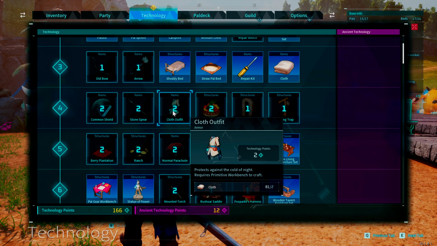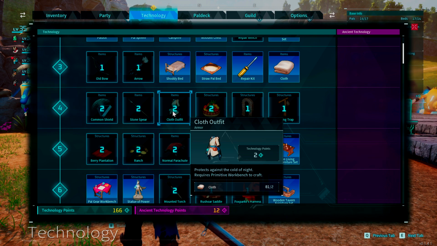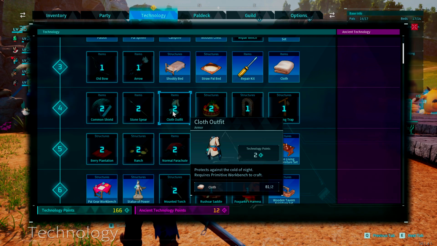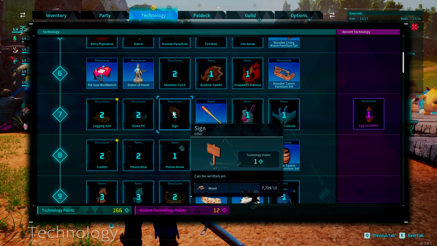And obviously, to make this, first of all, you need to be level 4. You need 2 technology points, and it only takes 2 cloth to make that. So this is a very beginner tier thing. And just to clarify as well, I'm breaking this up into beginner levels, advanced levels, and then the more expert level tiers, as well as including some pals in here as well. So besides that, once you start to level up a little bit,